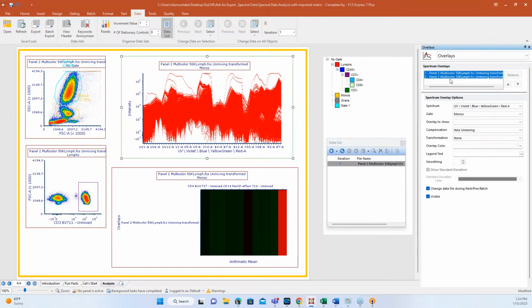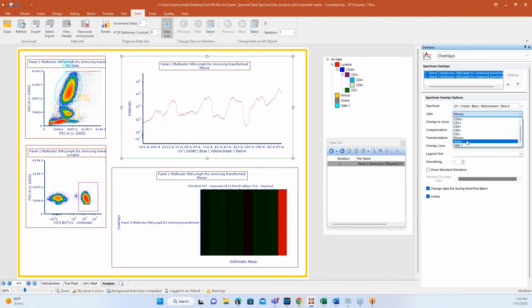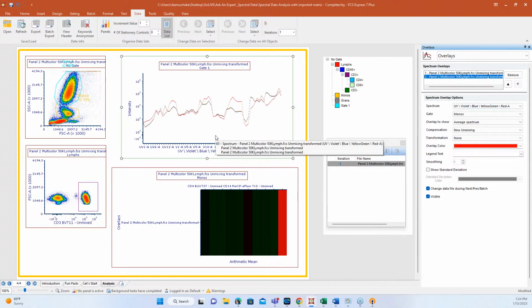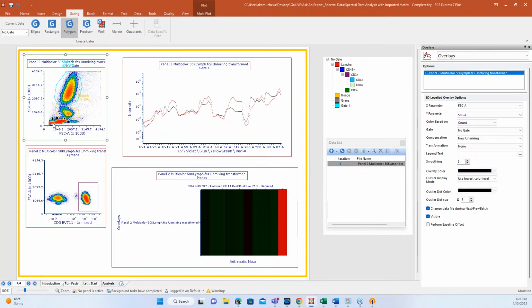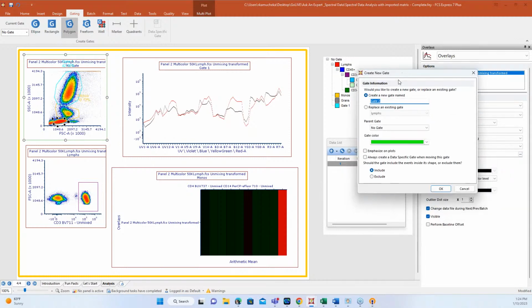I think mostly people get maybe not confused, but concerned about how it functions differently. They think because it's spectral data, all of a sudden the analysis is going to be really hard. As we're going through this, you can see when you're using color plots, it really does function exactly the same way that non-spectral data does. Once the data is unmixed, your populations should resolve, ideally the same way compensated data from non-spectral data would work.